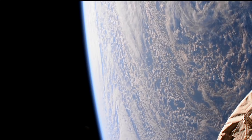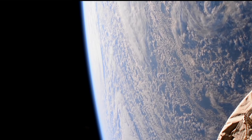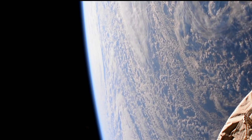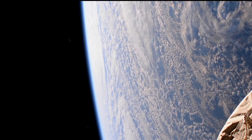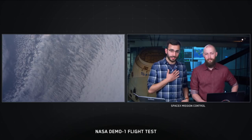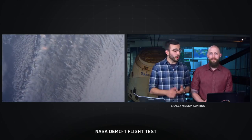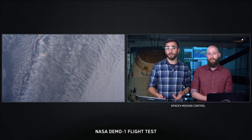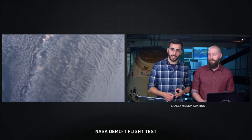So right now we're just waiting for the crew on board the space station to send the retreat command to the Dragon once it hits waypoint 1. Just want to talk a little bit about right now how Dragon receives those commands. I actually was lucky enough to work on the communication side of Dragon during my first few years at SpaceX. Dragon is capable of receiving commands directly from the space station. It's also capable of receiving commands directly from the ground and through NASA's TDRS satellites, the tracking data relay satellites